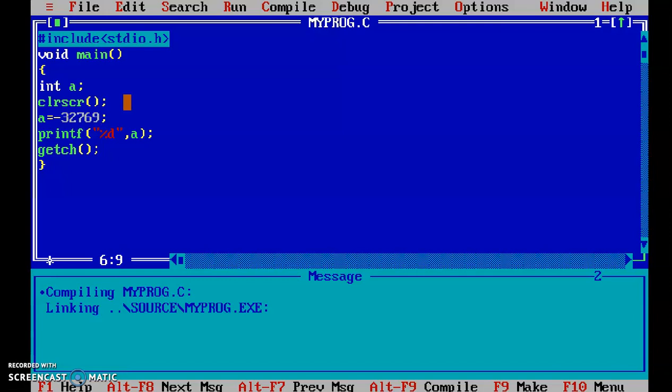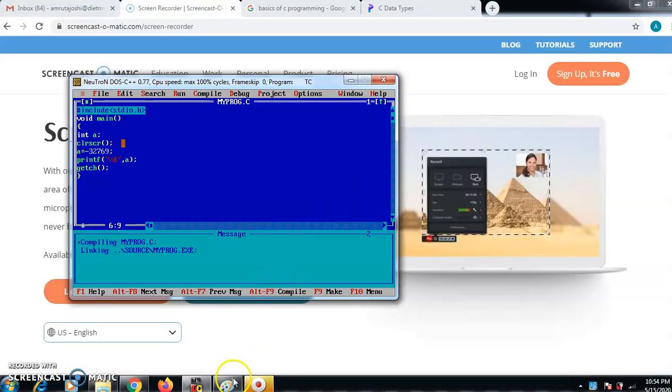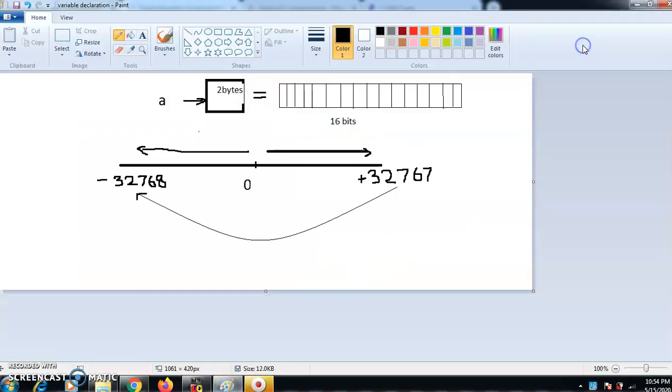I'll show you by drawing those values. Here I have drawn all those things. Our A variable is of 2 bytes, which means it can store 16 bits of data. The range of the A variable starts from minus 32,768 and goes up to 32,767. First we provided 32,767 to A, and it was stored and printed properly.